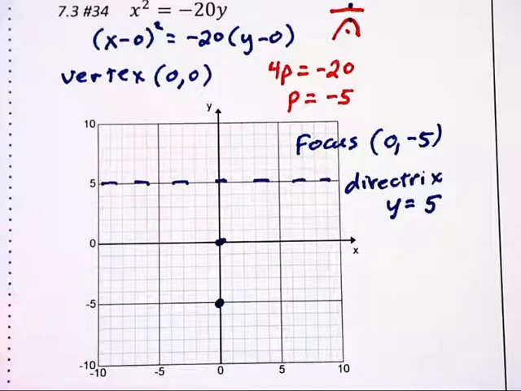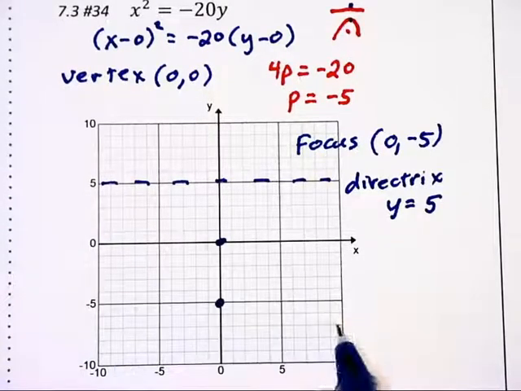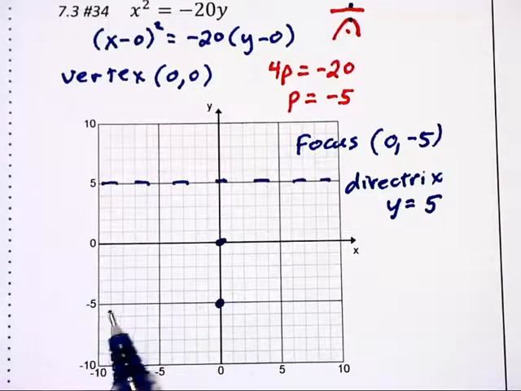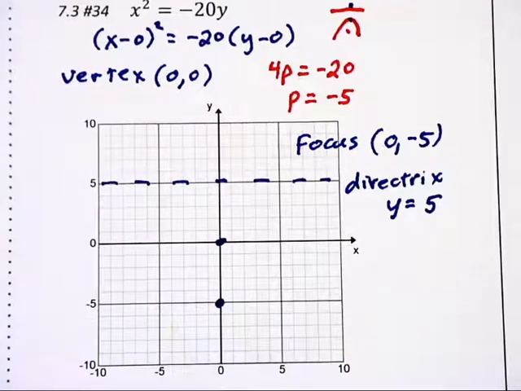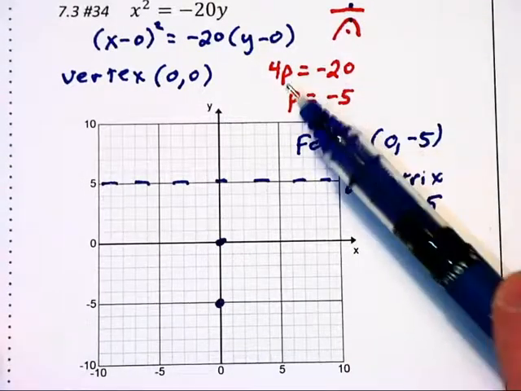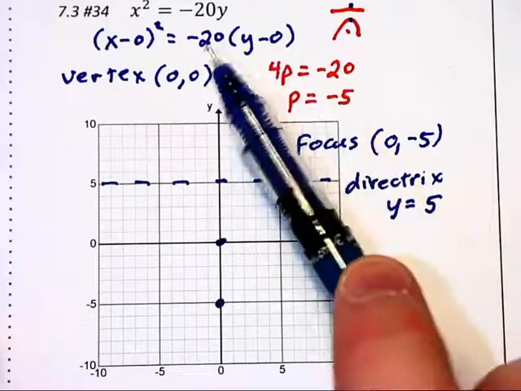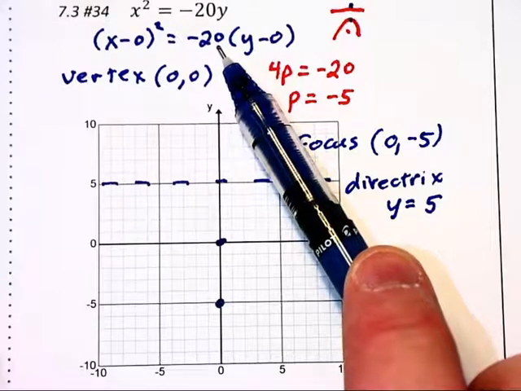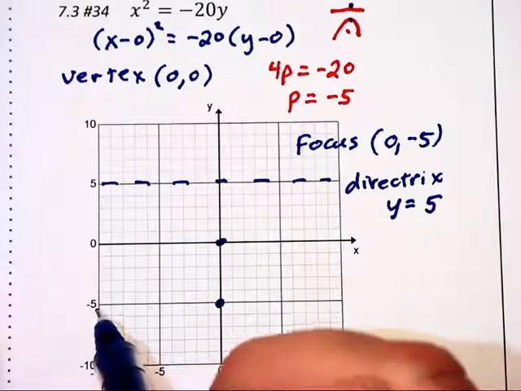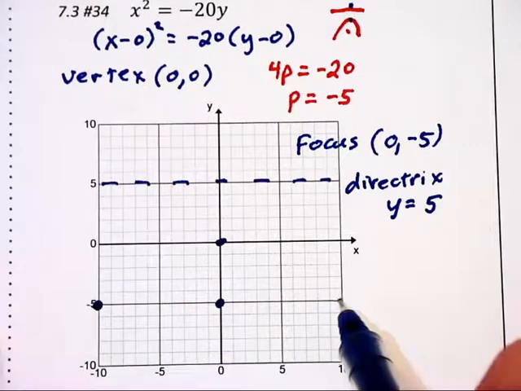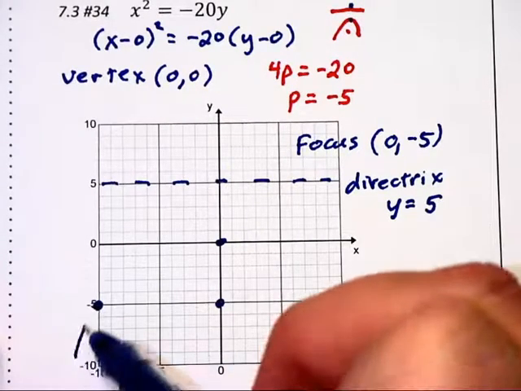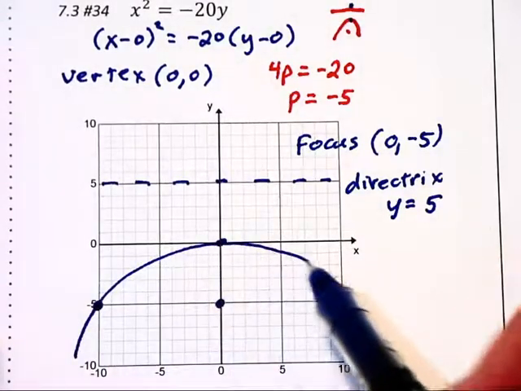Now we need to draw in the curve and figure out where is the latus rectum and how wide do I draw this curve. The latus rectum is going to be 2p units to the left and 2p units to the right in terms of how we draw it, and its length will be 4p, actually the absolute value of 4p. So we see this negative 20, we take the absolute value, which is positive 20, and that tells us it's going to be 20 units long, stretching 10 units to the left and to the right of the focus. And through that I can then draw in the curve